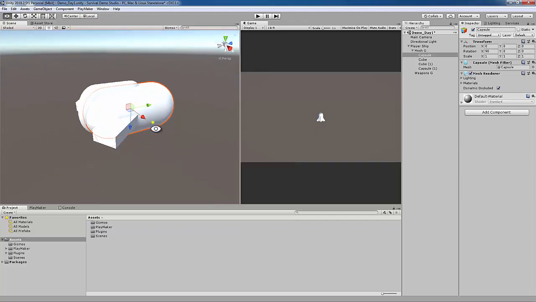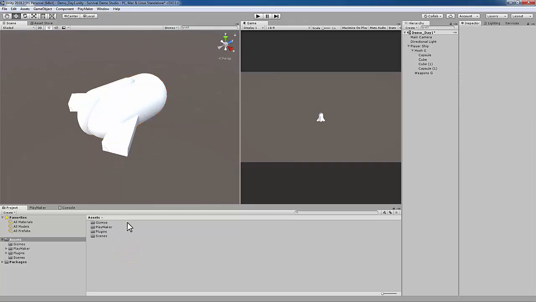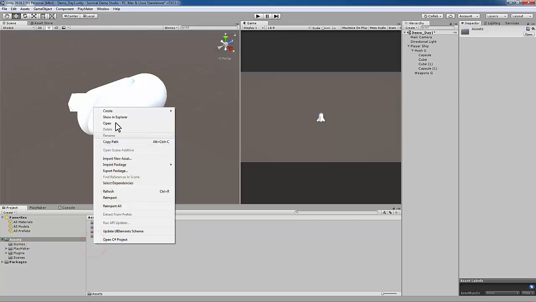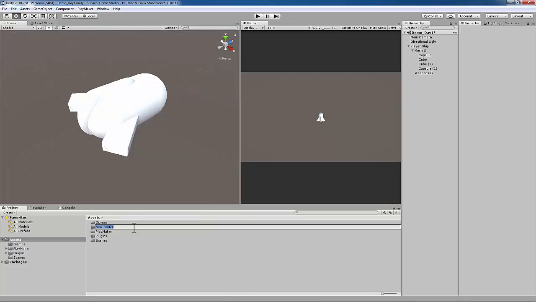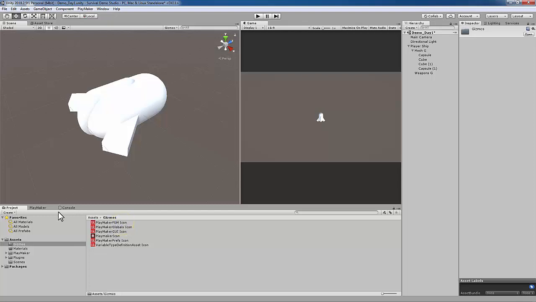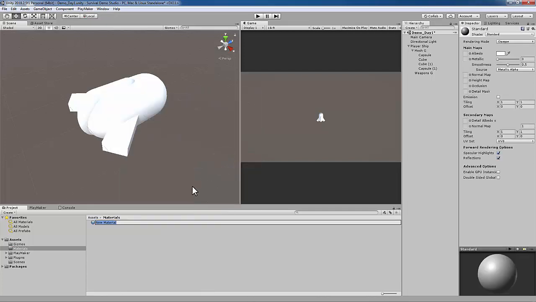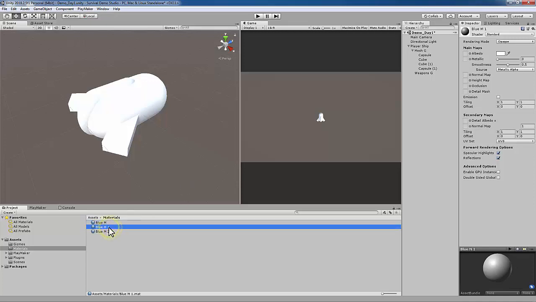and we'll come back and visit the collider setup here in just a second. The next thing I'm going to do is just give my ship a little bit of design by throwing some simple materials on it. And in my assets folder, I don't have a materials folder yet, so I'm going to create a materials folder. And then inside of it, I'm going to create a material, and I'll call this first one blue material, and then I'll duplicate it a few times,